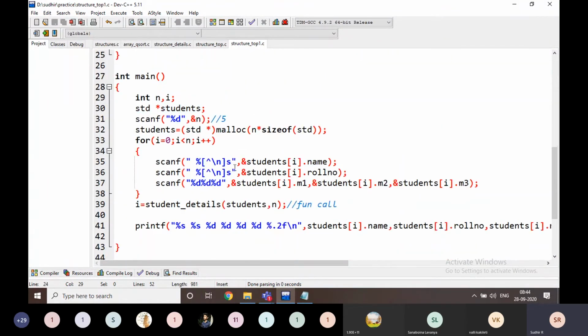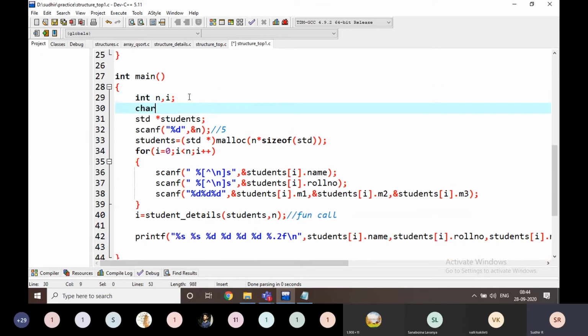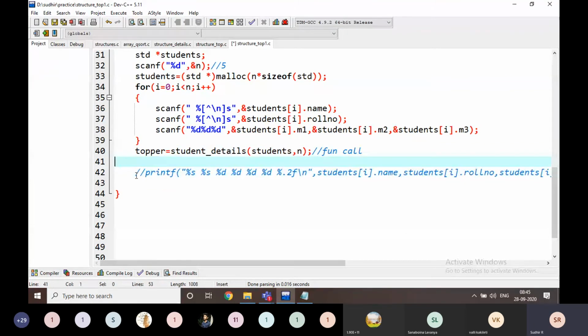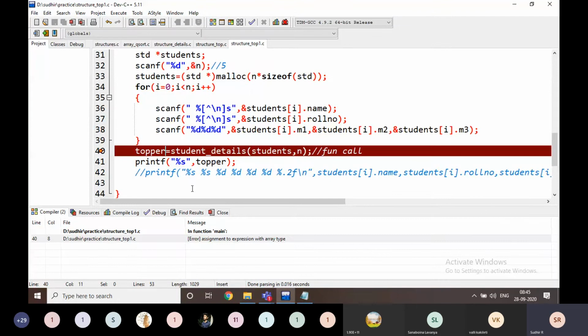I will write topper of 100, and instead of printing all these things, it is going to be printf percentage s comma topper. I'm going to execute it.